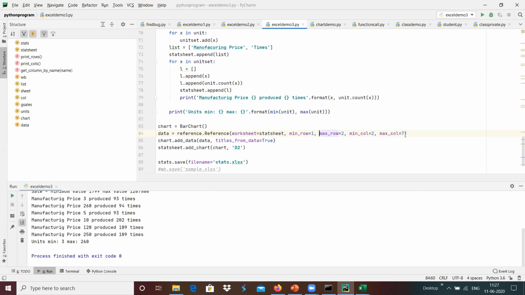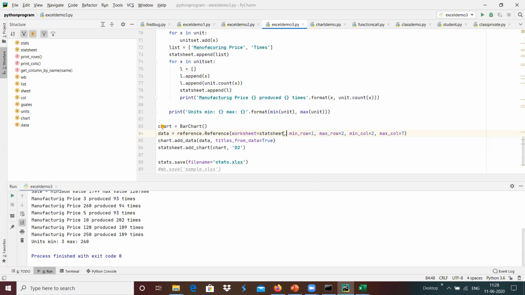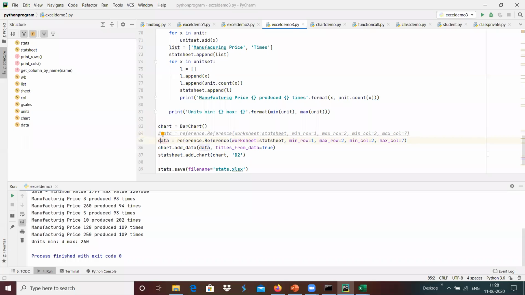The maximum column is up to 7, and minimum rows 1 and 2. Maybe I'm going to do that. I'm directly providing the information over here, and maybe I'm going to run it again.